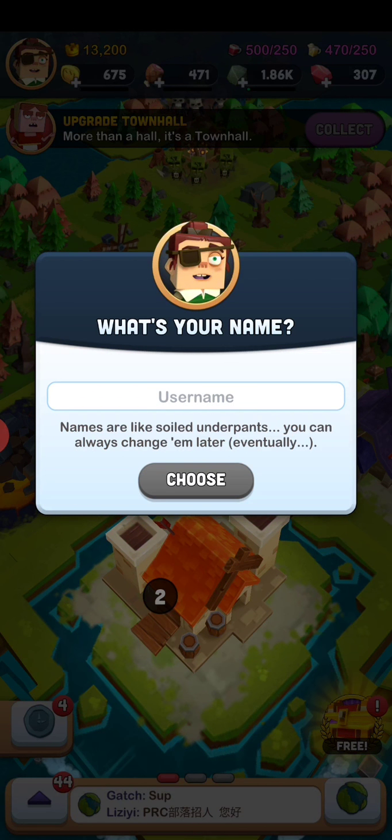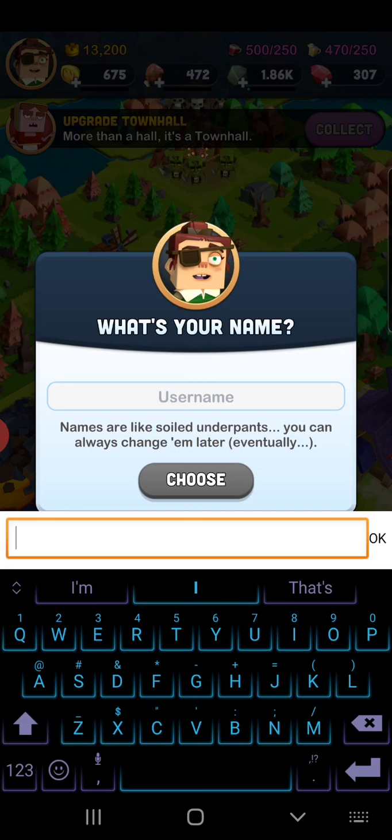Alright, and it wants us to create a name. Y'all, I'm just going to be blunt with you. There are some people on here that have the craziest, weirdest names you have ever seen. Like, soiled underpants, stinky sock, smelly cat. I mean, y'all,